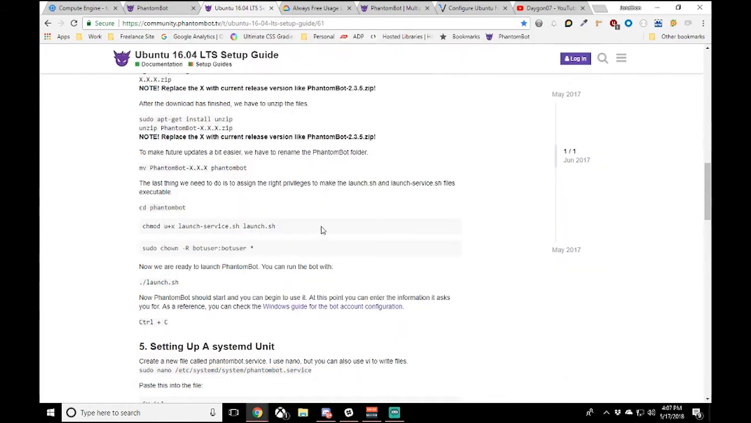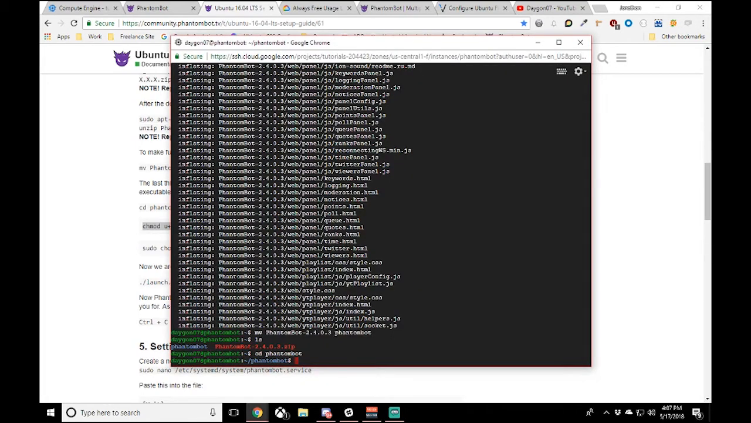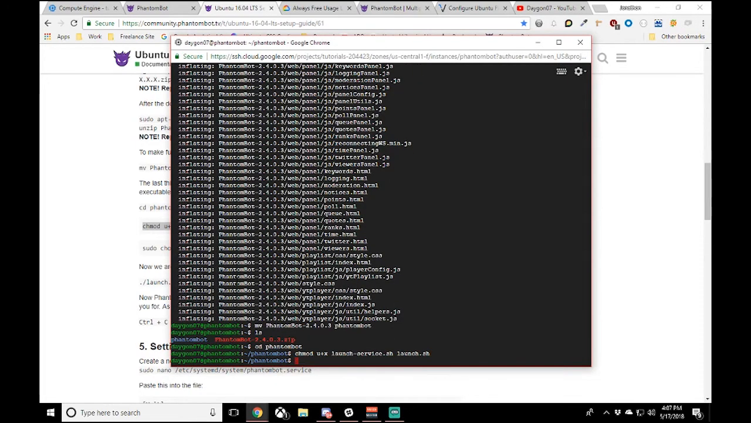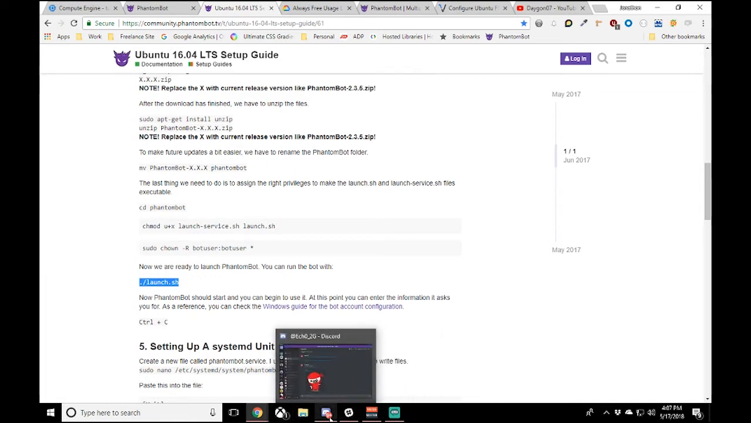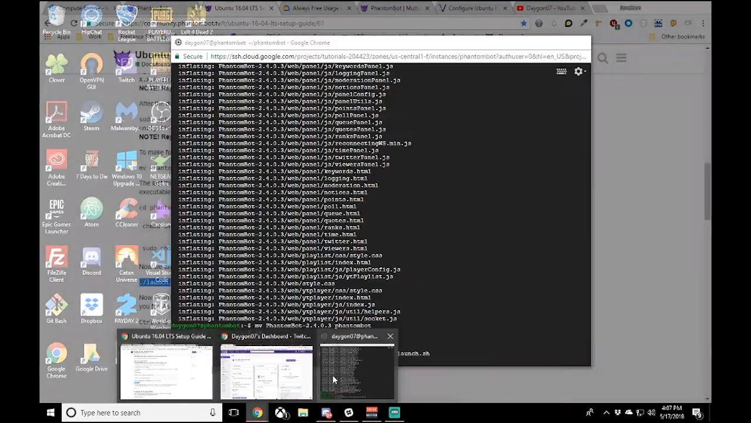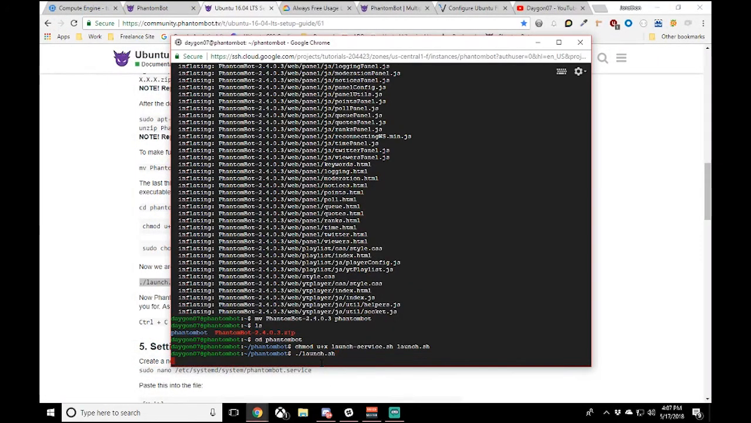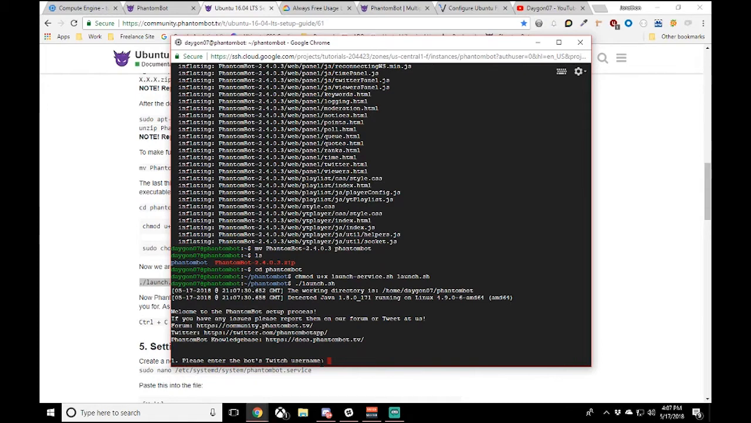We have to give a couple files some privileges to execute, to make them executable. So we're going to copy that line of code, paste it, hit enter. No news is good news in this case. And we're going to skip that next line, and then we're going to go ahead and launch the bot, which is ./launch.sh. Now we are not done by far. We have a few more steps we have to do,